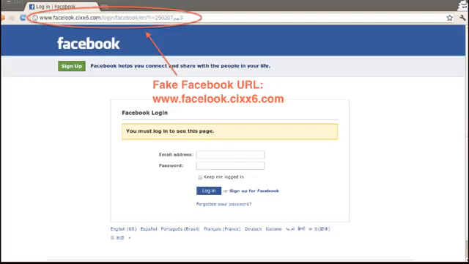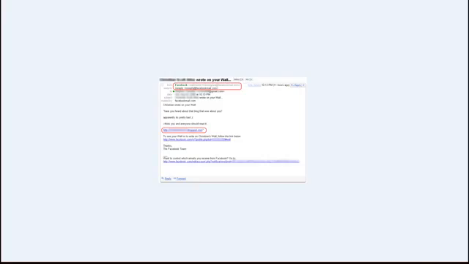which is why it's very important that if you click any links in any email to any major website that you log into, that you check the actual URL of the page and make sure that is actually the one you want to sign into, not www.facebook.cixx, but just facebook.com/whatever. So that's a very important thing to look out for because there are literally millions of these websites out there that try to phish account information from people,